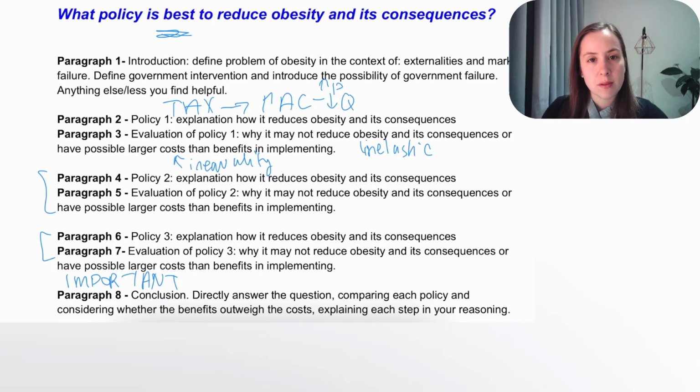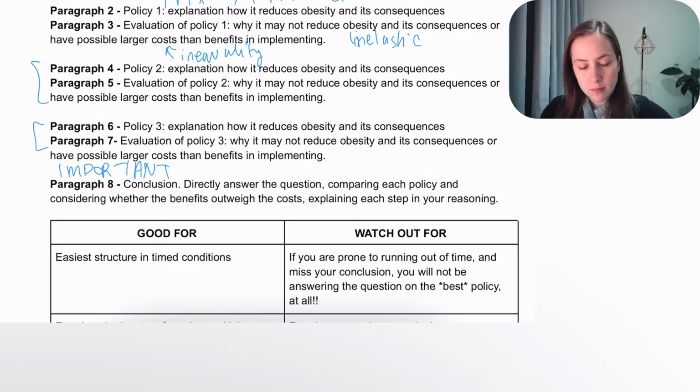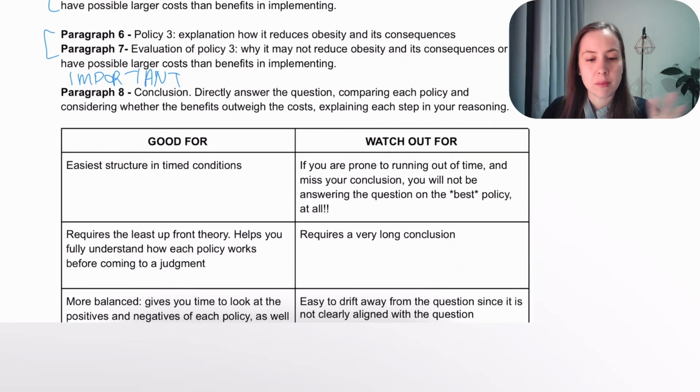So this is the most important part. This is where you have to write a really long conclusion, actually comparing tax, comparing policy 2, comparing policy 3. So you'll actually have to be doing extra stuff that you haven't been doing so far and synthesizing arguments together. So directly answer the question, compare each policy, consider whether the benefits outweigh the costs, explain your reasoning step by step,